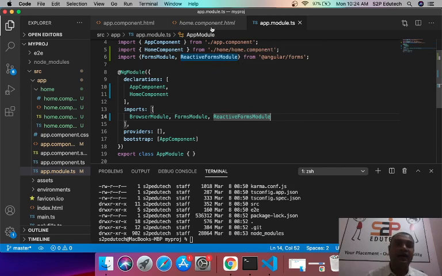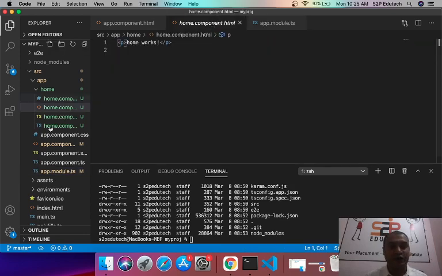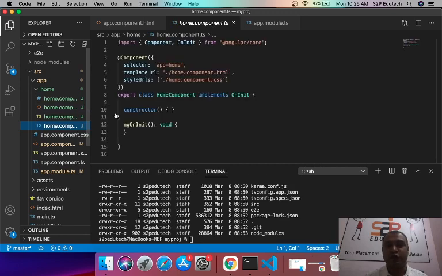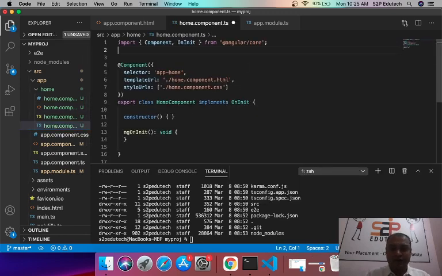Then in whichever component we need to use those forms, we'll go into the TS file of that component, and here I would import a few classes. First is FormGroup, right?